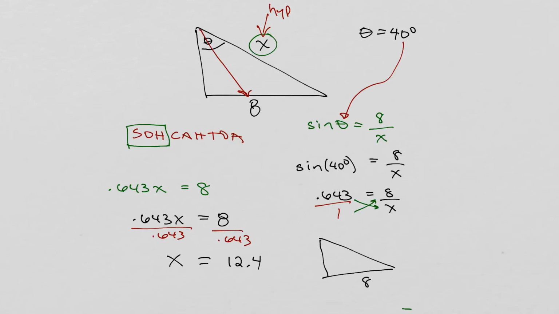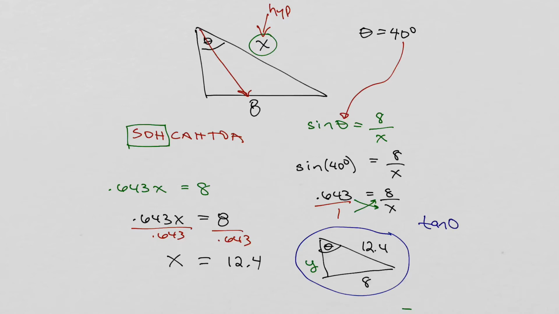Okay? So my triangle now looks like this. Right? This side is 8, that side is 12.4. There's my angle theta. Right? And then to find this last side over here, if we call it y, I could either use the Pythagorean theorem, or I could set up another trig formula. For instance, if you look at the triangle that we've got right here,